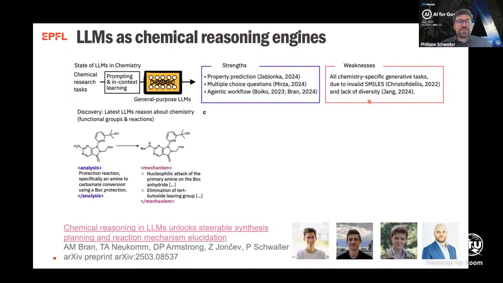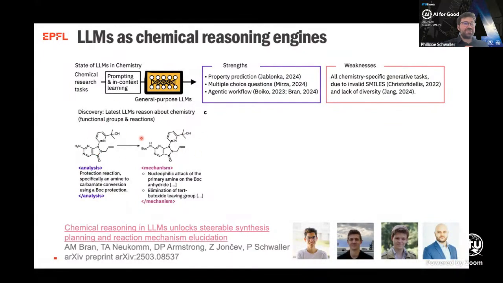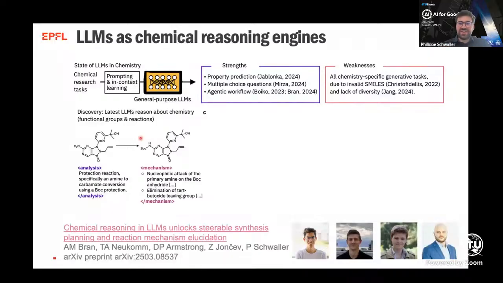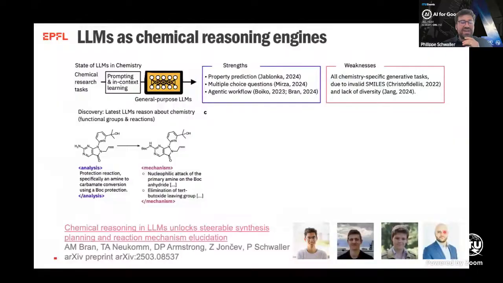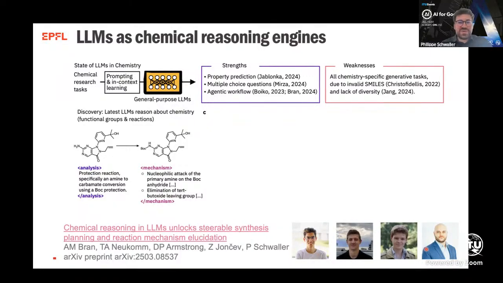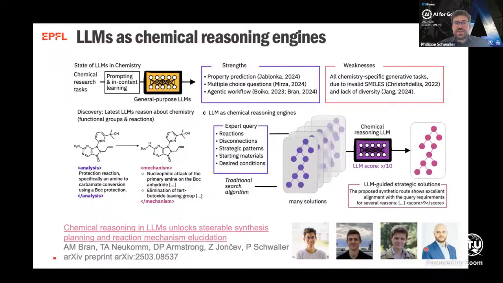But what we also observed is that even on chemical reactions, they could now already produce some advanced reasoning. It surprised us, particularly Zlatko. Zlatko has a background in total synthesis, and we often measure how well our models perform by how much Zlatko is excited about what we can predict. And he was surprised how well the large language models could reason about given chemical reactions. So the strategy we came up with is to use them as chemical reasoning engines,